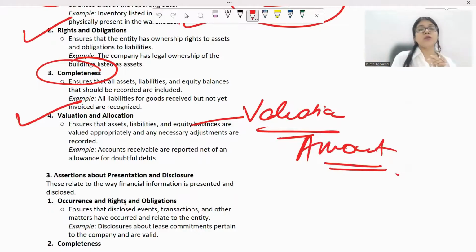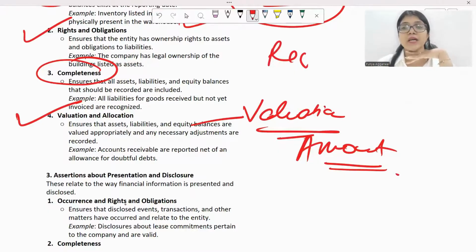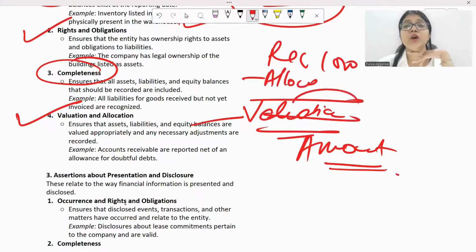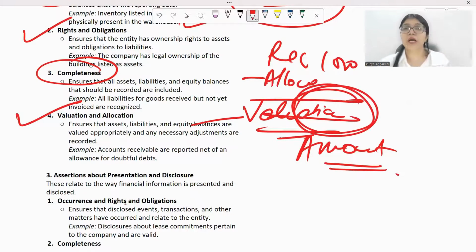Okay. Accounts receivables are reported net of allowances for doubtful debt. So you know this concept that if we have receivables, for example, 1,000 rupees के receivables हैं, and there are some allowances, we have to net it off and show the final figure. Similarly with discounts as well. So you have to show gross and net के बीच में there is a difference. Gross includes all of the discounts, returns, etc. But when you go to the net, it is net of the discounts, for example, any returns that you have, right? So valuation is when I'm valuing my inventory or any asset or liability net of everything.